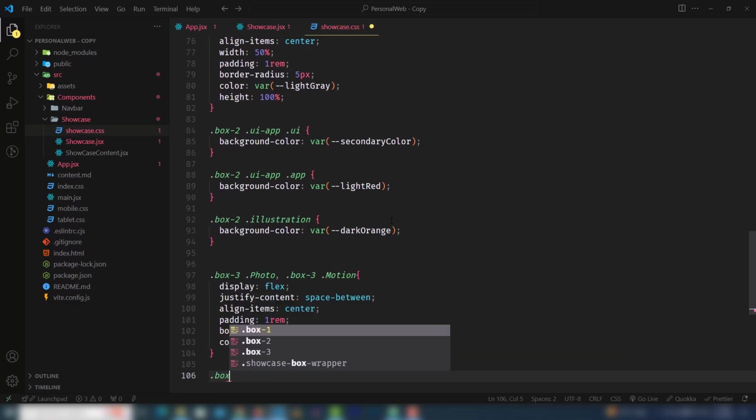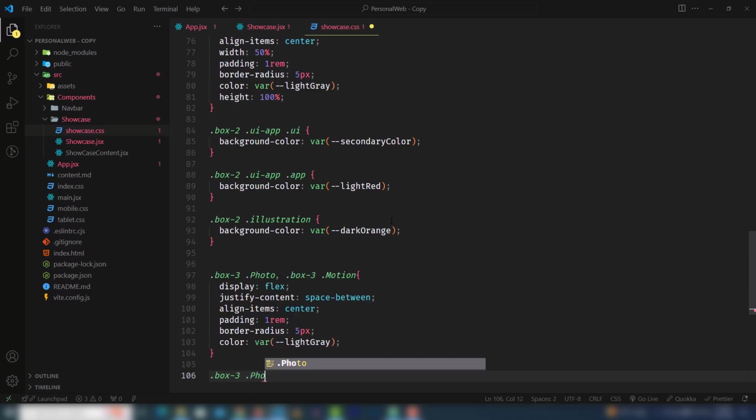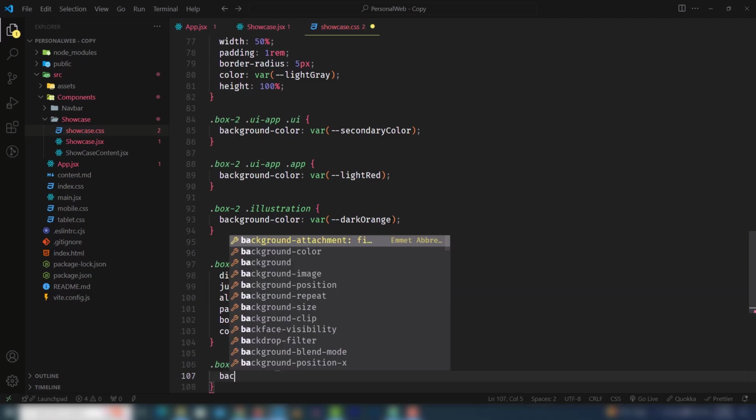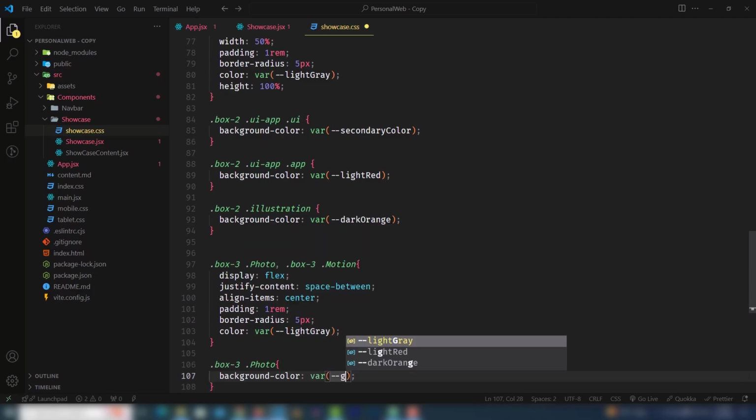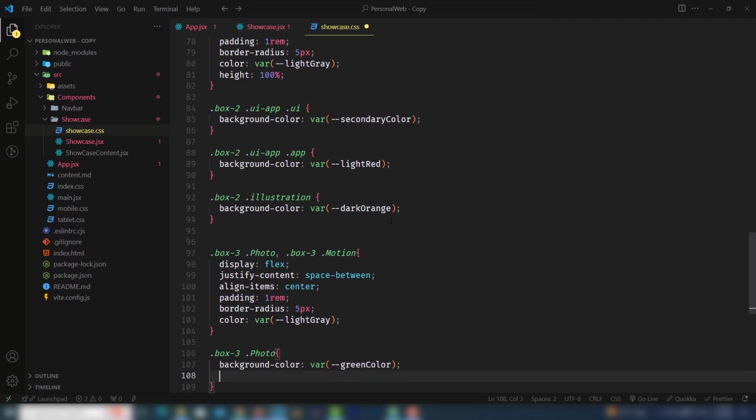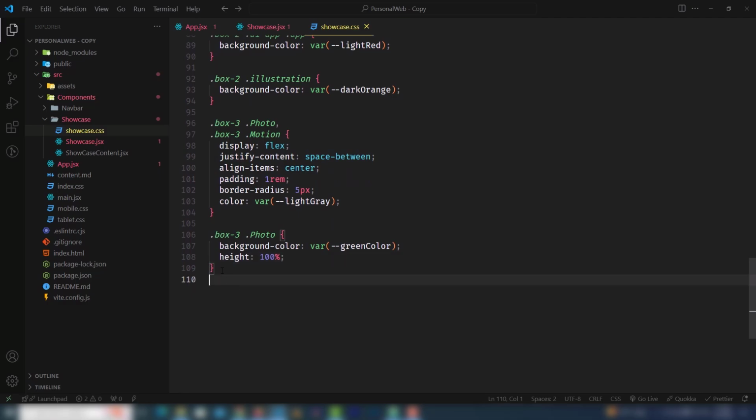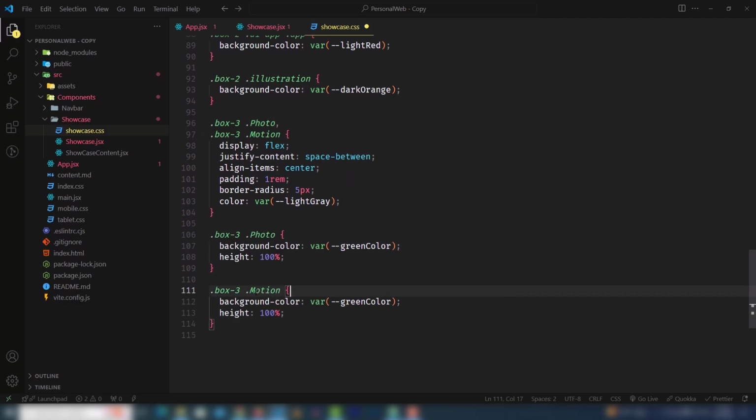Let me select the box 3, have a photo, and I'm gonna use background color will be green color, height 100%. Let me copy it, paste that second time, and I'm going to change it to motion, and in the motion I'll use purple color. Let me open it. Yeah, great. But I think green color, that is